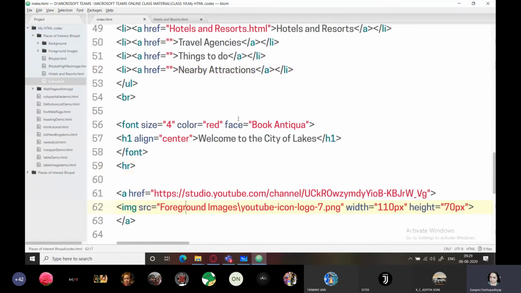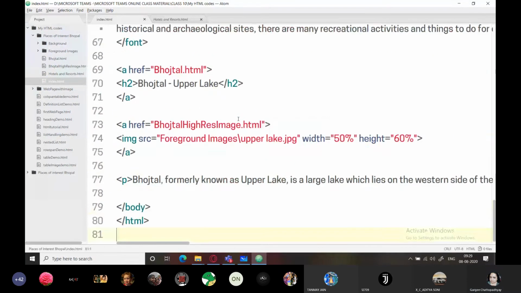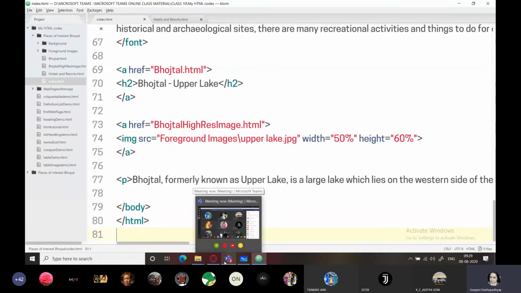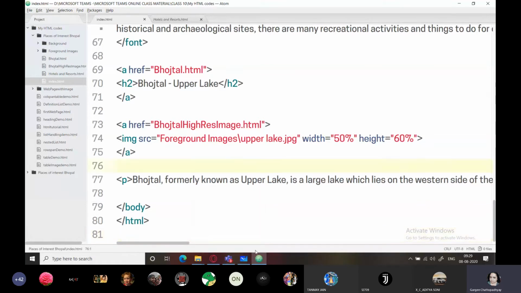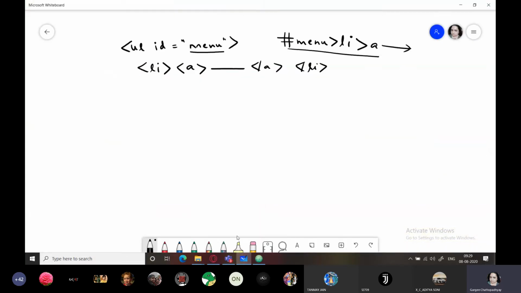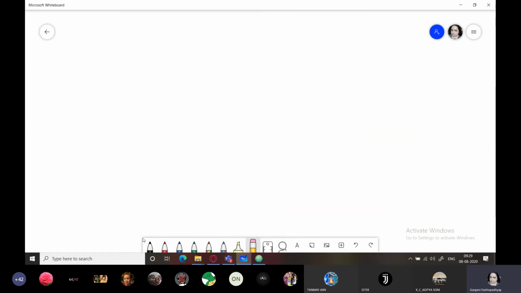Now next is, today we are keeping CSS only till here, and now I'm going to switch over to databases, right? Our next chapter which we are going to begin, that is databases. So before we move on to databases, give me a quick feedback. Have you understood this chapter, advanced HTML, properly?